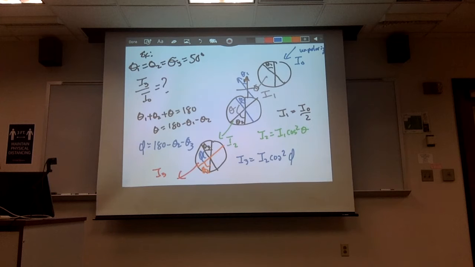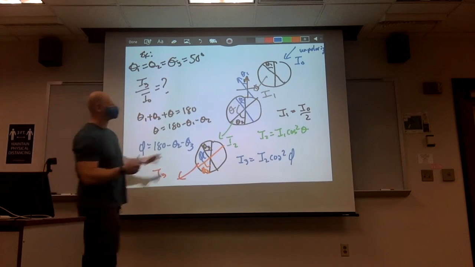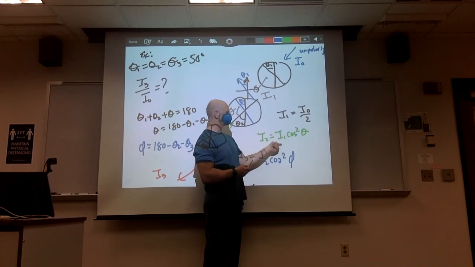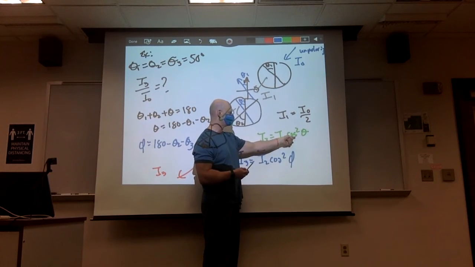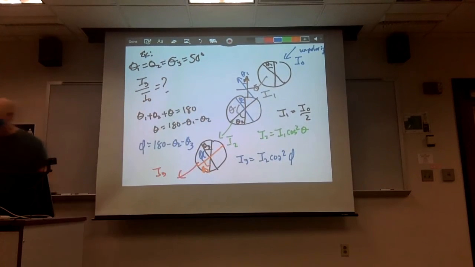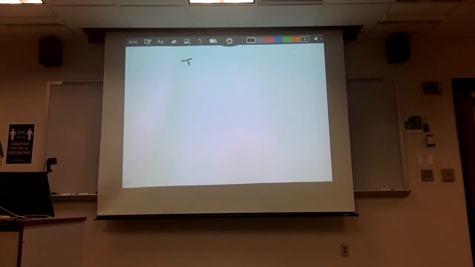Okay? Now, let's put all these things together. So what this means is that I1 is equal to this. I'm going to insert I1 here, so this becomes I0 divided by 2 times cosine squared of the angle. And then I2 is going to be all that. So I'm going to put all this in to finally find I3. Let's put everything together. I3 is going to be equal to I initial divided by 2 times cosine squared of theta times cosine squared of the next angle, which is then I3. Which means that I3 is going to be equal to I0 divided by 2 times